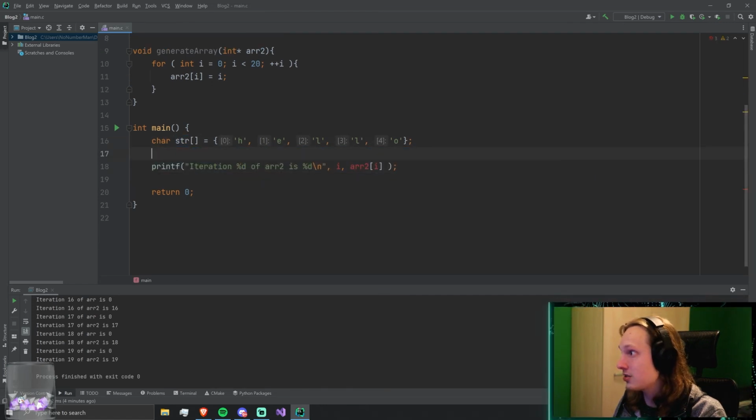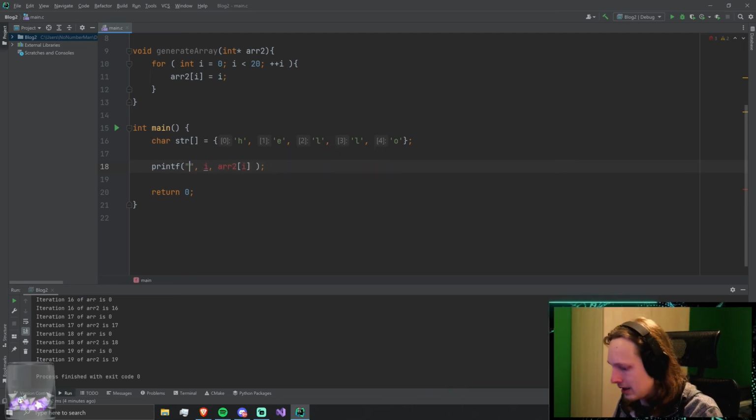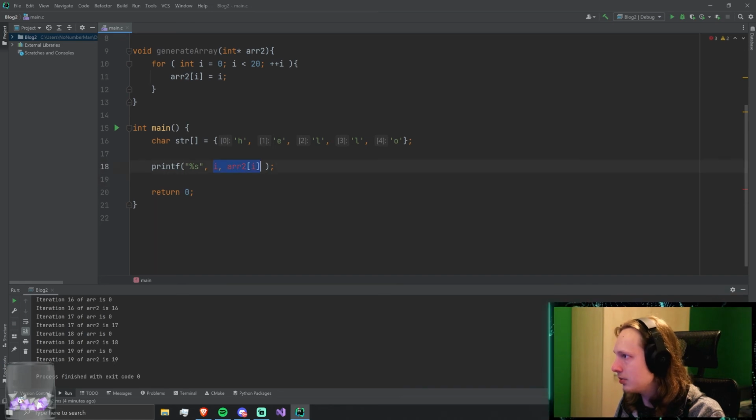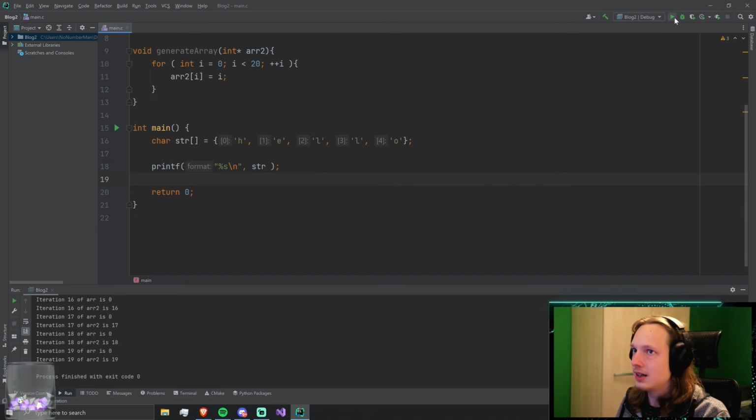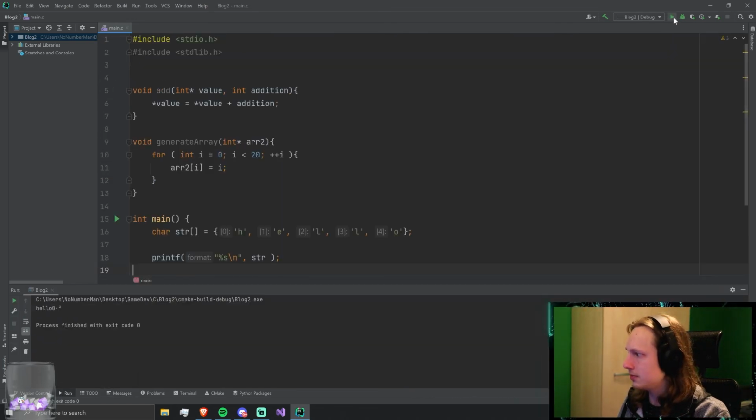So on the stack, this thing will just get cleaned up. No problem. Printf, well, then we can just put a %s in here, and then we can put the str here. Also, maybe we should do a line termination. There we go. Now, if we run this, we get hello 0.3. That's interesting. Let's run this again. Hello, one of those weird signs, a 1, a blank space, a 3, and a comma.